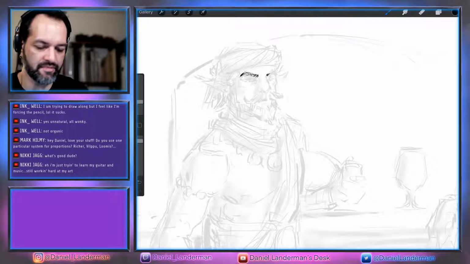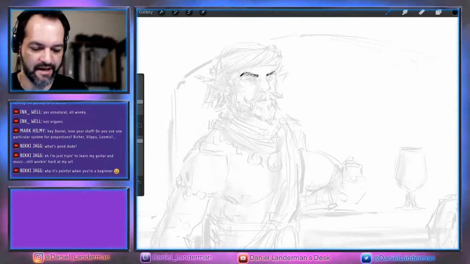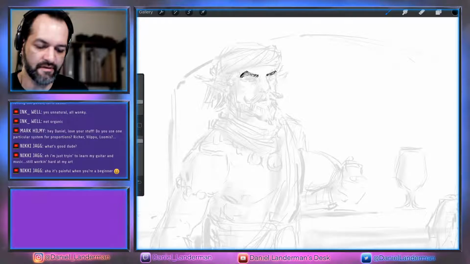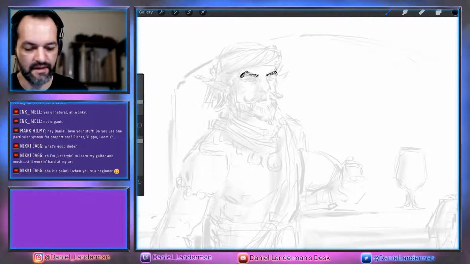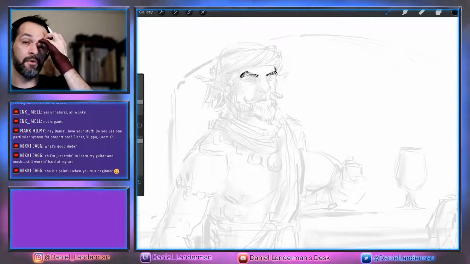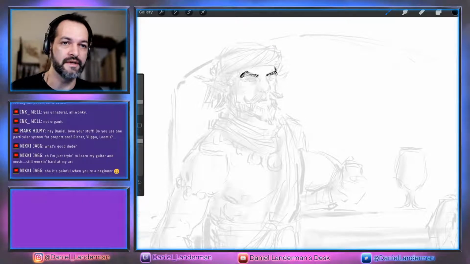And this is the weird part, and this is something that I actually had to wrap my head around with basically creating my own reference, right, digitally. So normally, if you're working, say, from photo reference,